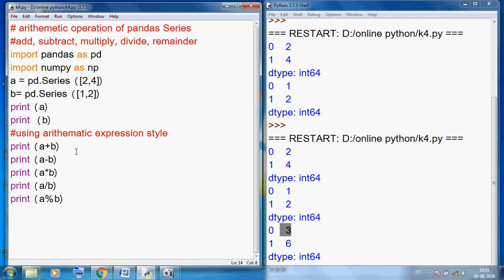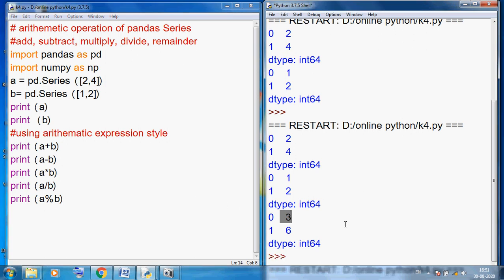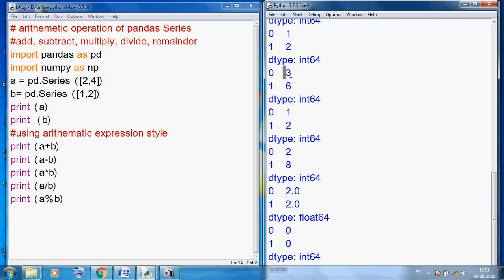Control S, F5. You can see this is the addition result, this is subtraction: 2 minus 1 is 1, 4 minus 2 is 2. Multiplication: 2 multiply 1 is 2, 4 multiply 2, output is 8.